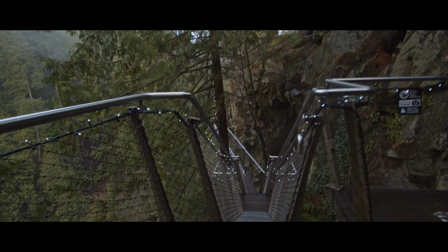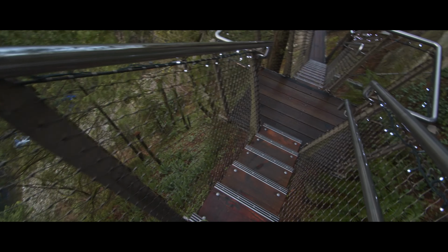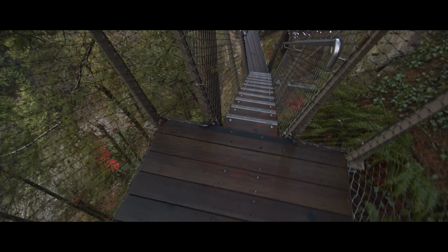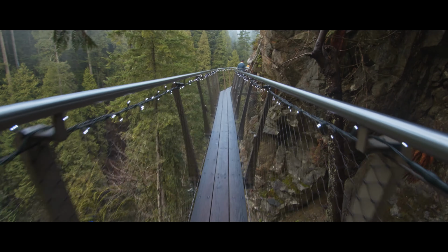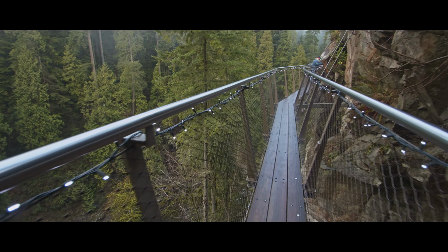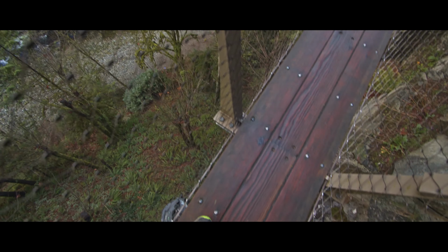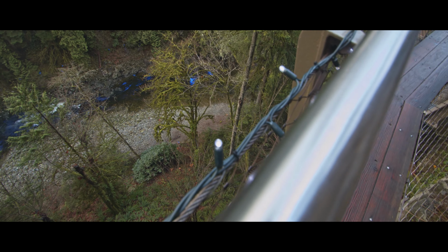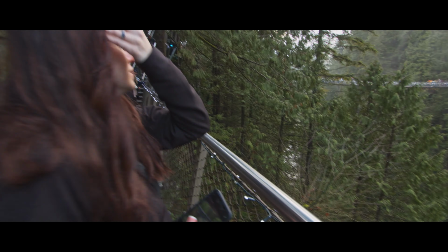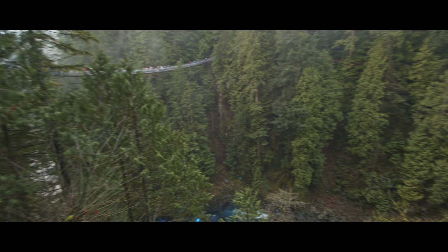Now, having a pathway as uniquely skinny as this and only being held out by nothing more than a steel beam may be a little bit intimidating, but not to worry, it is pretty structurally sound. Like, even myself can't trust this. Holy cow. I'm doing okay. Yeah? Yeah. Usually I'm scared to my heels, but